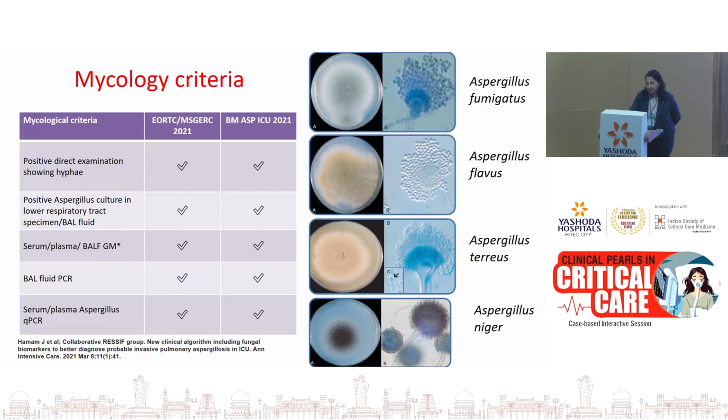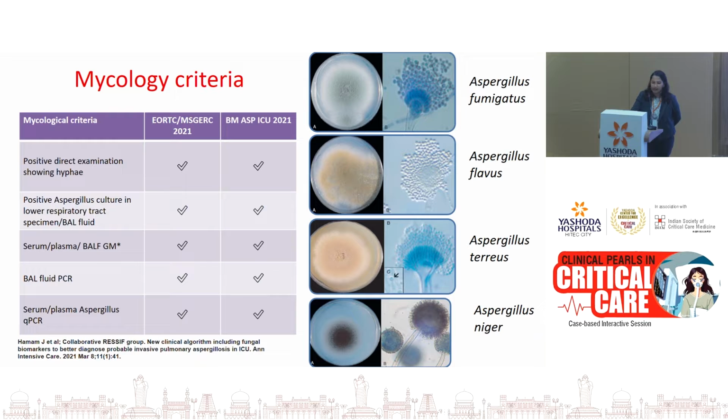The other markers include the BAL galactomannan, BAL fluid PCR, or the serum PCR. The newer EORTC guidelines that have come in 2022 have included the PCRs along with the cultures in the criteria. And on the right hand side, you can see the various appearances on the direct mount of the cultures. The various aspergillus species have various morphological appearances, and we can make a diagnosis of which species it is,